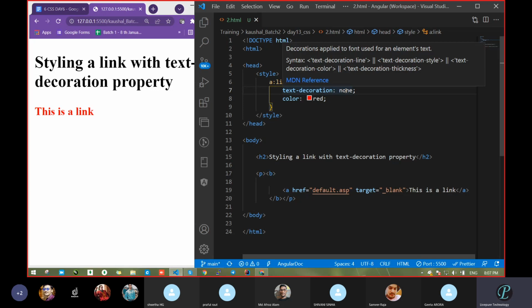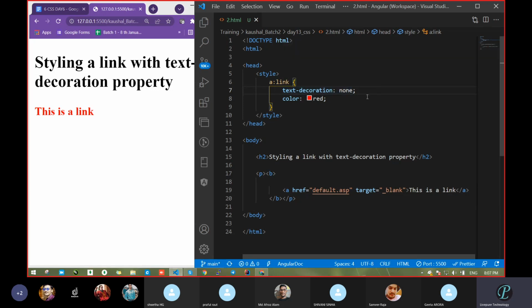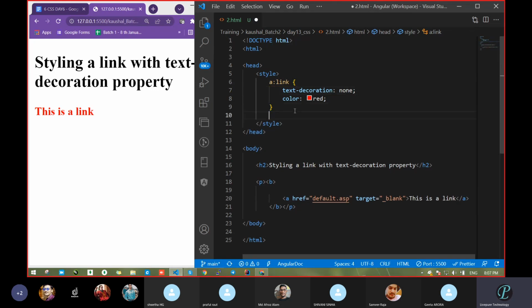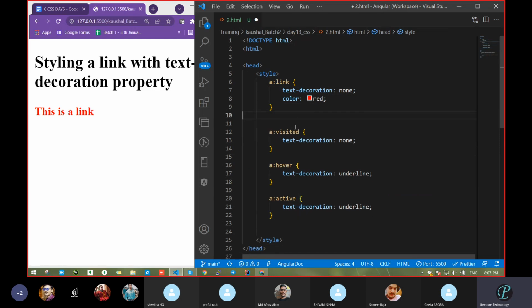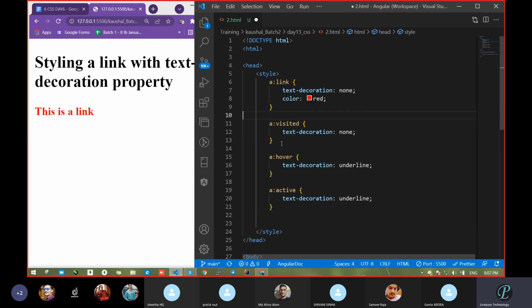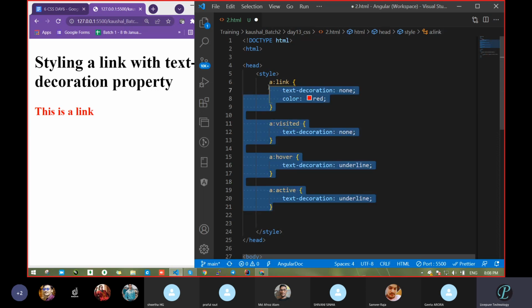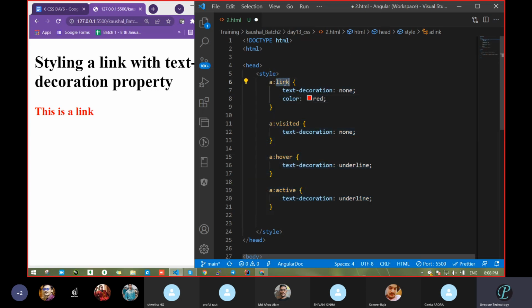So let's verify what the other properties are. We will play with text decoration and check what extra properties we are getting here. Okay. So what I want is that when the user has visited our link, at that time I want to remove the text decoration. So at that time I want text decoration none. It's fine. But let me remove this one. See, in the morning we discussed all the pseudo classes, and all those things we are going to use in the case of the anchor tag. So you can look over here also. Anchor tag link, then a visited, then a hover, then a active.